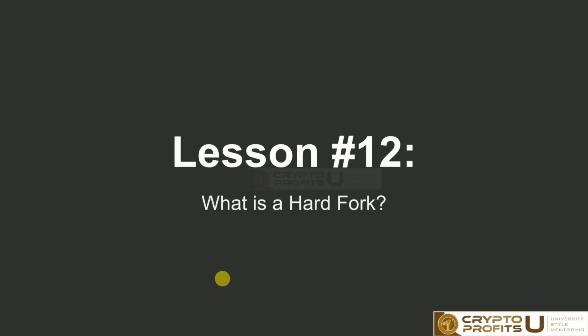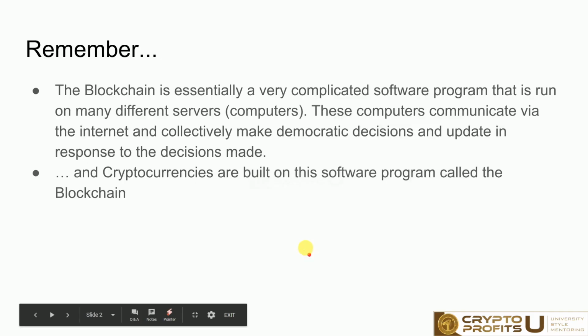Hey guys, this is Josh in another technical video, and today we're going to be discussing hard forks. You might have heard of Bitcoin Cash, Bitcoin Gold, Bitcoin Core, all these things like Bitcoin, and even Ethereum, like Ethereum Classic. And these are all hard forks, and today I'm going to explain what those things really are. Let's just jump right into it.